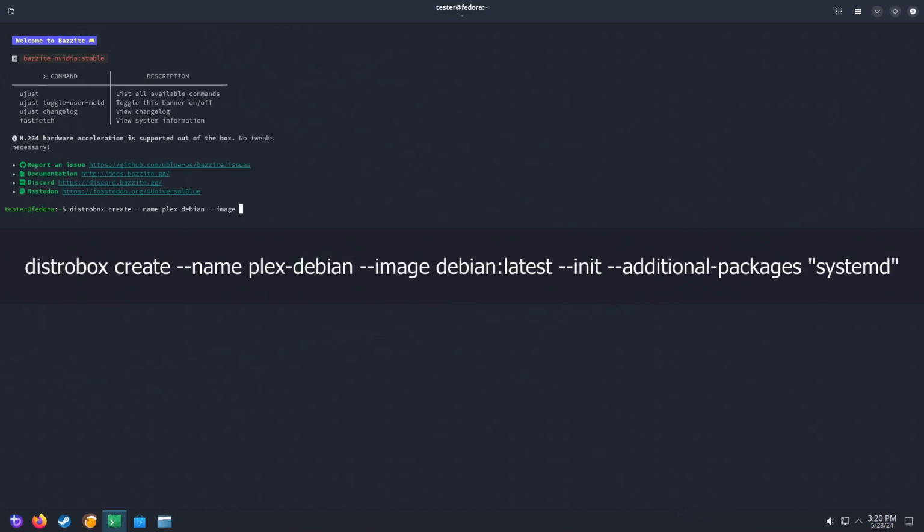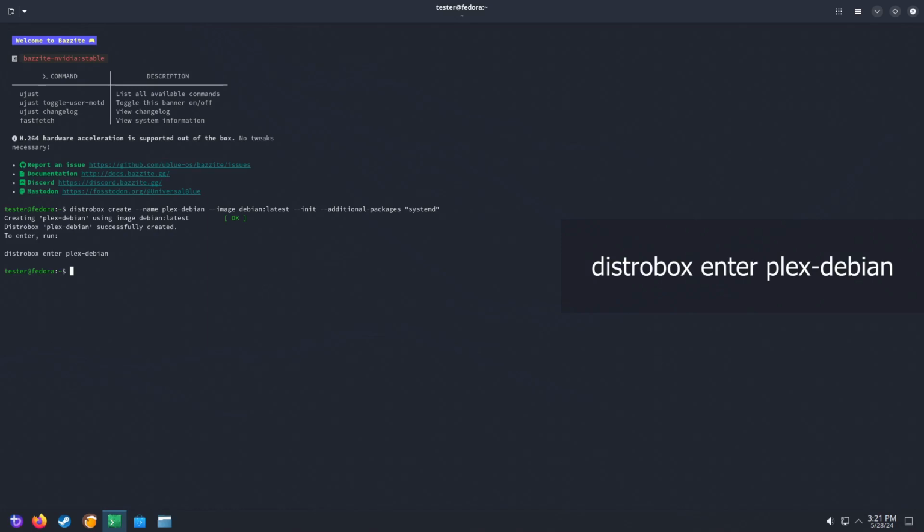Next, we select the image that we're going to use. As you can see with the name, I'm going to make a Debian image. And as you may know, Plex runs as a systemd service. So we need to add the following two parameters, init and additional packages, and we tell it which are the additional packages, in this case systemd. Now we press enter,